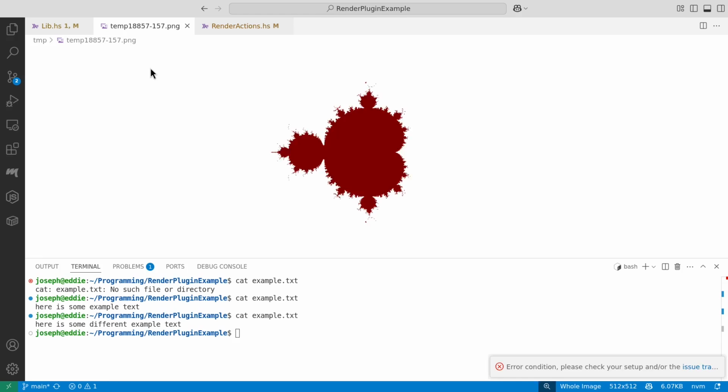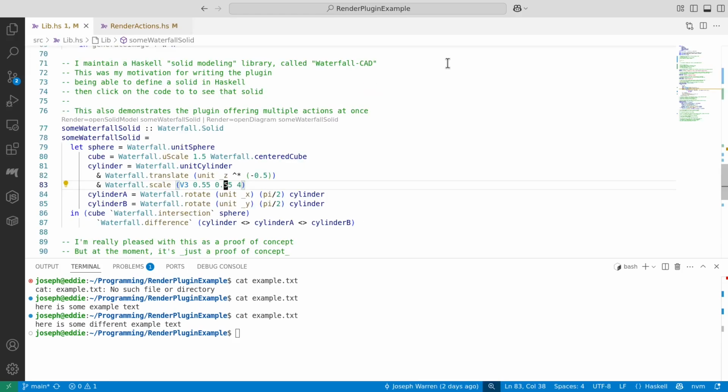And now I've got a Mandelbrot set in a different color. My motivation for writing this plugin is that I maintain a Haskell solid modeling library called Waterfall. I use that for defining solid objects, primarily for 3D printing. And I wanted to be able to define solid objects in Haskell and be able to click on something in my IDE and then see those solid objects without having to write code that saved those to a